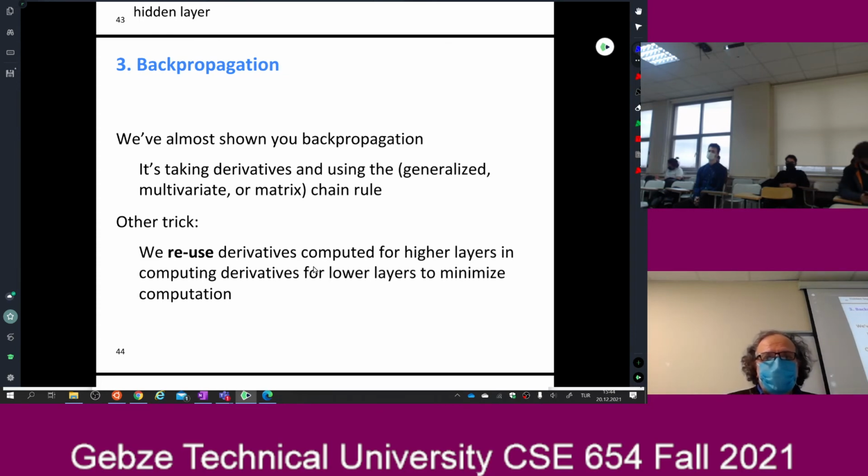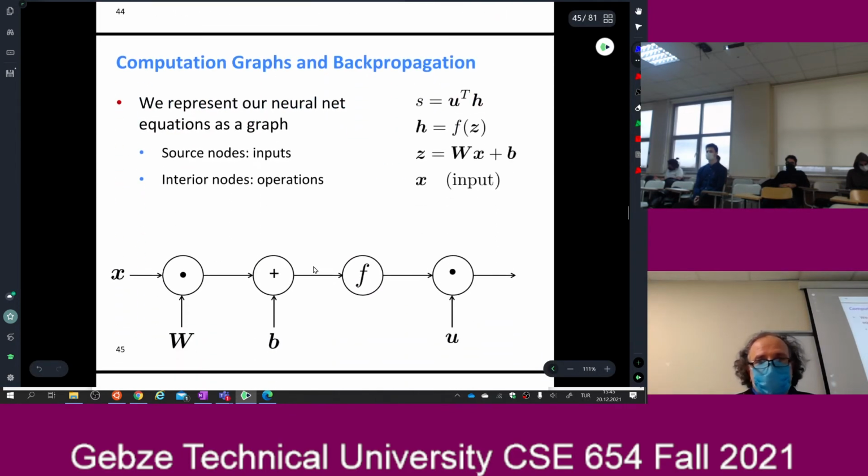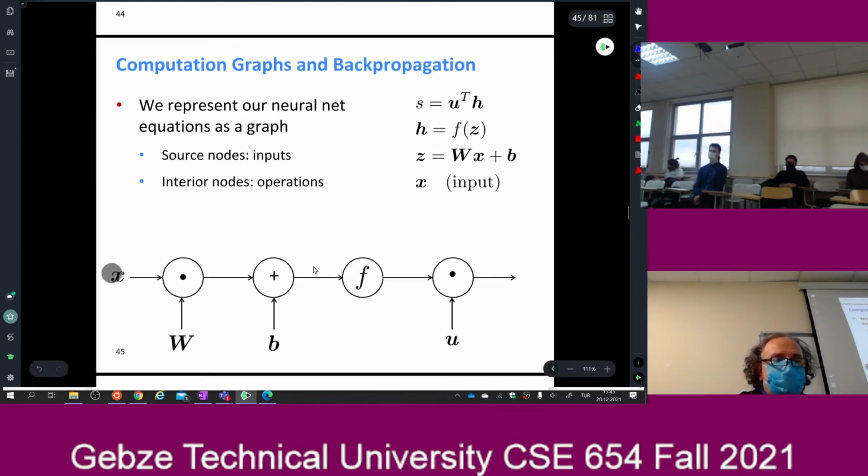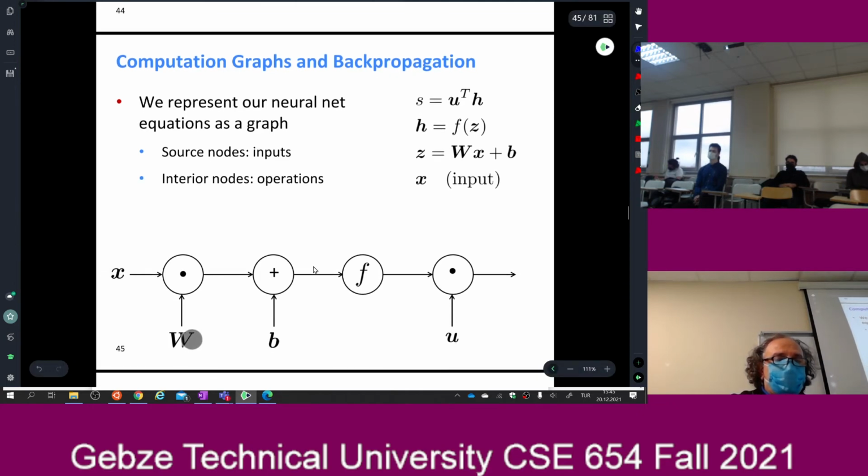Okay, so backpropagation. Backpropagation is nothing new. We already did that actually. When we have a function like this or a network structure like this, you get your x input. You multiply it with our weight matrix W. We add our bias and we feed it through this sigmoid function, and then I multiply the result with a